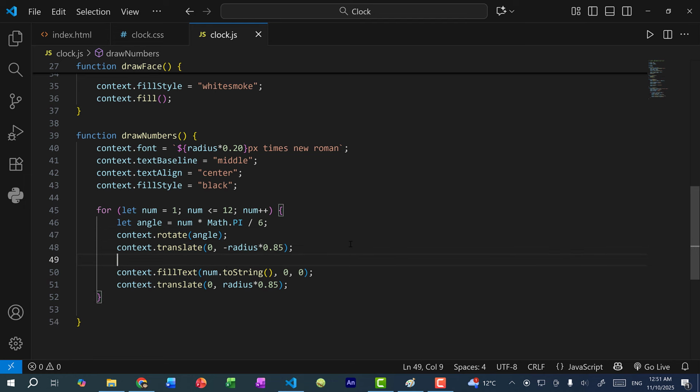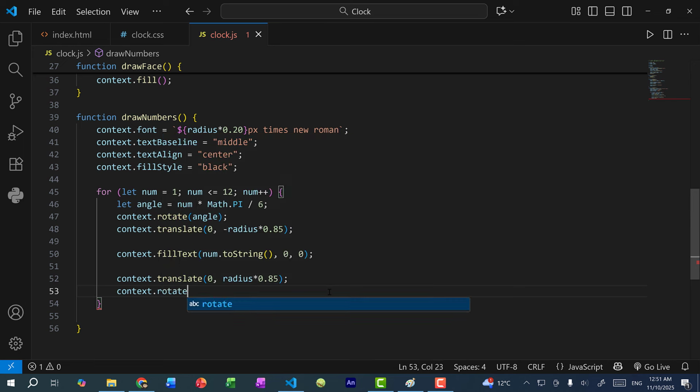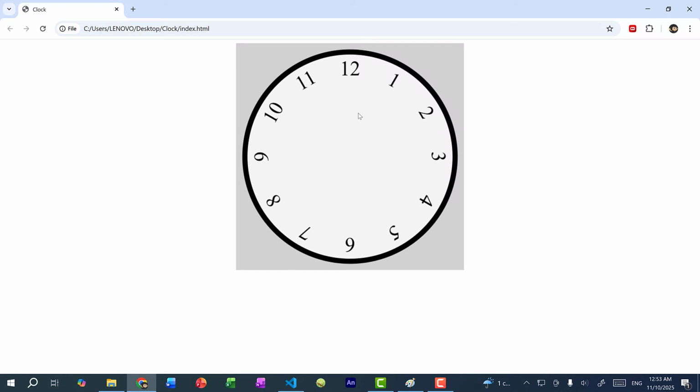And just like with the translation, every time you do something to the context, you have to undo it for the next number. So over here, I'm going to do context.rotate angle. So we rotate clockwise and we increment it by 1 over 6 pi each time, and we translate from the origin. So it's going to move from the center upwards by radius times 0.85. We're going to draw the number. We're going to undo the translation so it goes back to the origin, and we undo the rotation. And actually, this should be negative because if we rotate positively to the right, we have to undo that by rotating to the left. All right, so if I refresh the page, you can see we have the 12 numbers